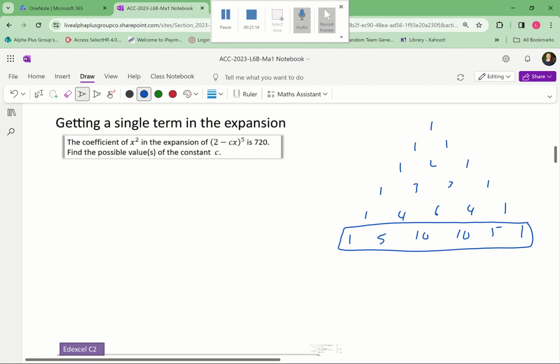I'm looking for the term with x squared in. So remember, I'll be having 2 to the power of 5 to start, 2 to the power of 4, 2 to the power of 3, 2 to the power of 2, 2 to the power of 1, 2 to the power of 0, and the other term in my binomial expansion will always be the minus cx part, but raised to increasing powers this time. Minus cx to the power of 1, minus cx to the power of 2. I'm going to stop there because I'm interested in the x squared term, which is going to be formed by